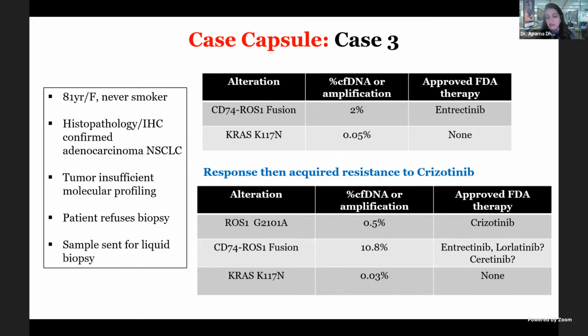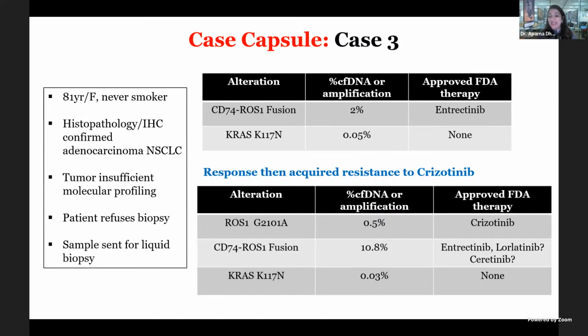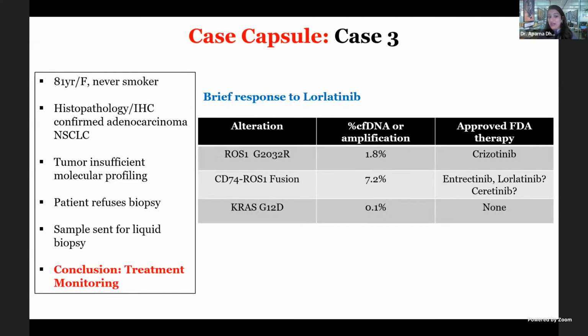Unfortunately, it was short-lived, so she progressed. We did another liquid biopsy. The ROS1 fusion was persistent, but she had lost the G2101A, but had gained a ROS1 G2032R. In addition, she had a KRAS 117N, and now she had gained a KRAS 12D. So she lost the other one. It was a KRAS 12D. And we know binimetinib, and this patient was getting the treatment in the US, so they had access to binimetinib, but this is where you have to be very